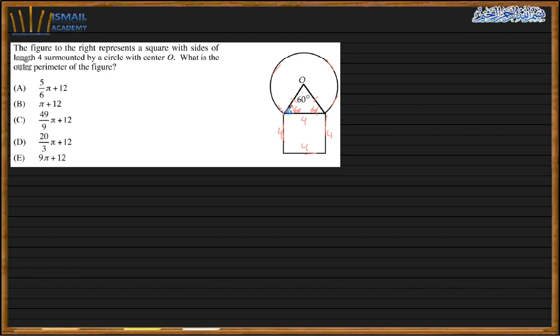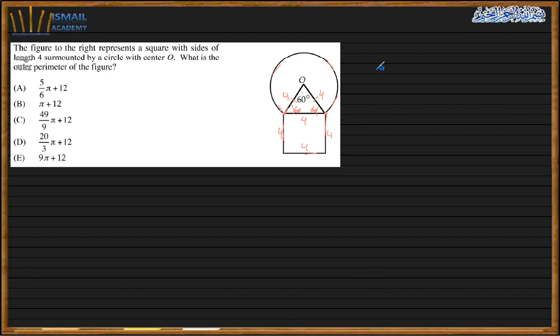So the radius here will be 4, because all the sides are equal. If this is 4, this is 4, this is 4. So this is the purpose of this shape and the angle, to get the radius, because we know that the